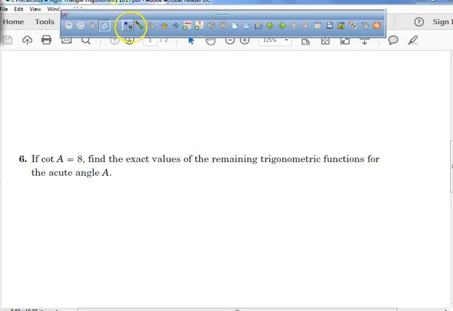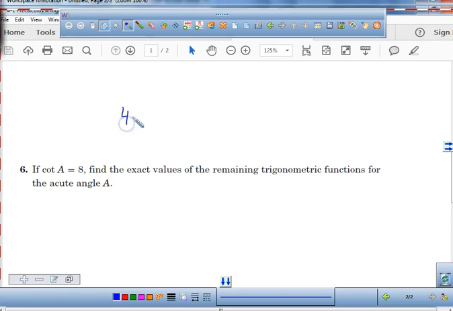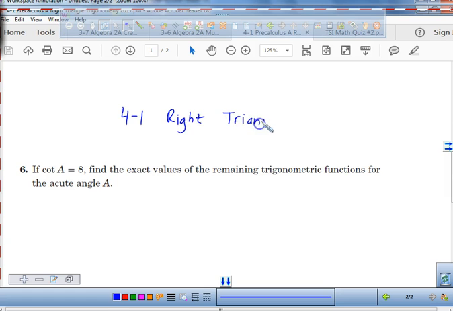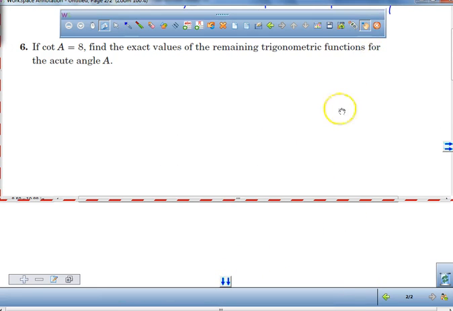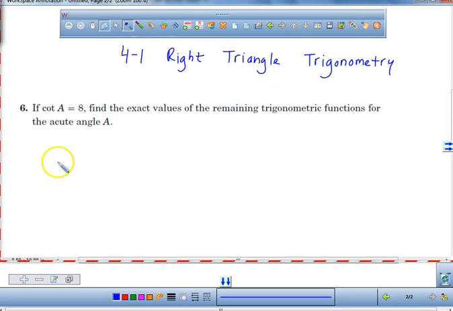Today we're continuing with Chapter 4, Section 1. Right triangle trigonometry. Okay? Now, yesterday we learned the 6 trig ratios. Okay? We're going to write those down neatly, if this board will let me. There we go. Sine of A,